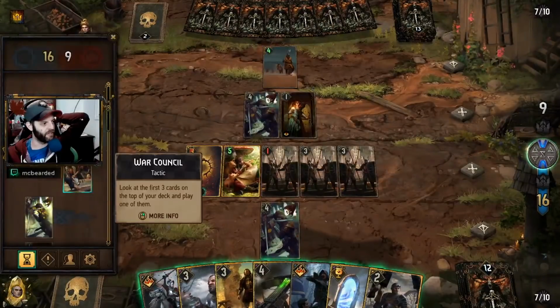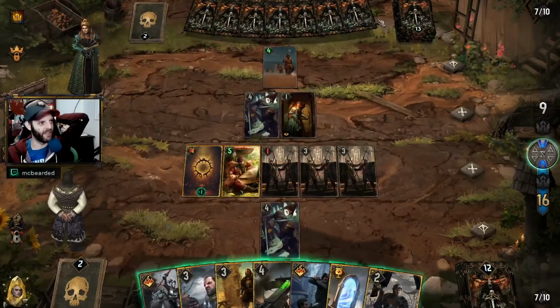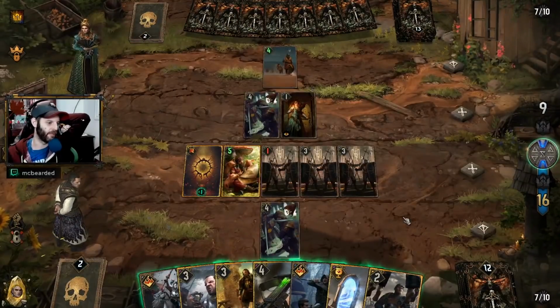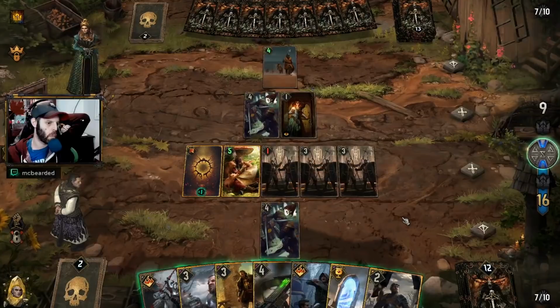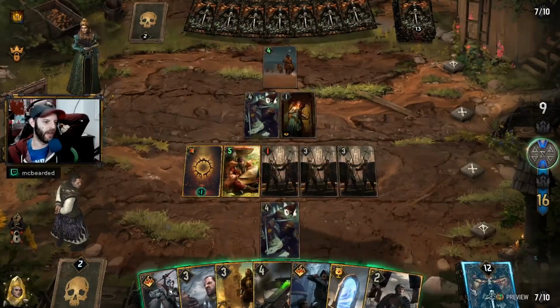So this was War Council. I don't want to kill this necessarily because he could have a second. That's a silly thing to say. You would have played it, right? Just seems like Collar and something very tame. Maybe even Menno looking for...